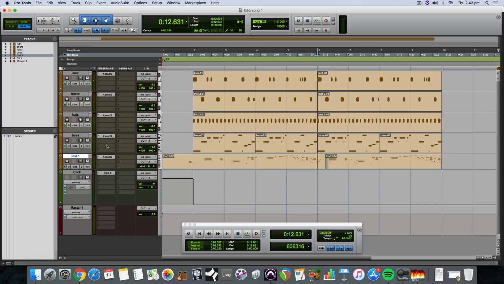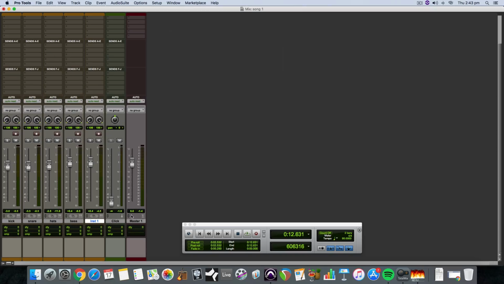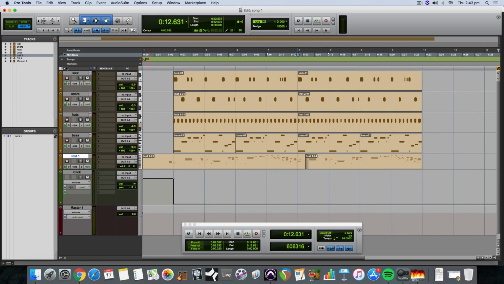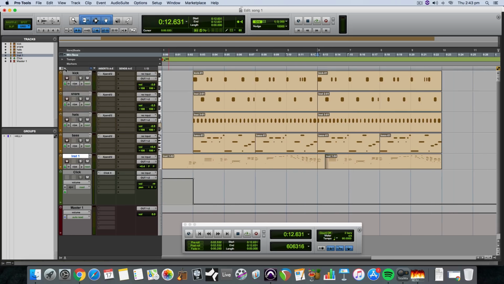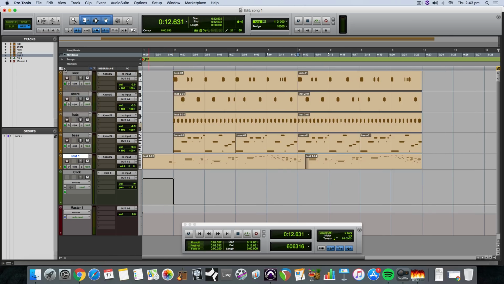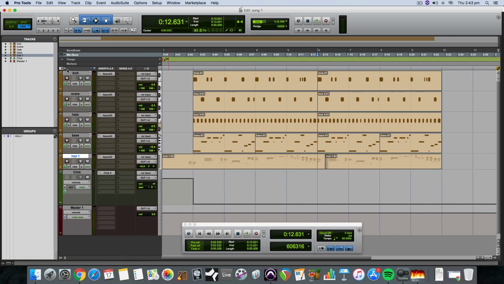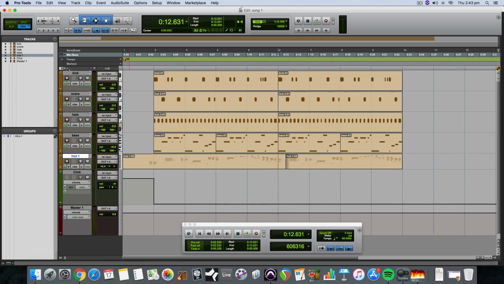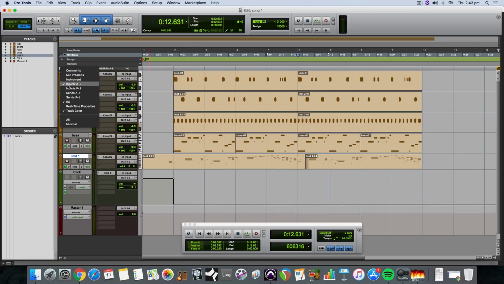What I might do first is, we've got some content here, so now I'm just going to create some effects tracks. Now, like if I wanted hi-hat reverb, I've seen a lot of beginners just go straight over to these inserts. If you can't see these inserts, by the way, it's probably because you've got them turned off. Here, there's the sends and the inserts. If yours was looking like that, might be a bit late to tell you that, but